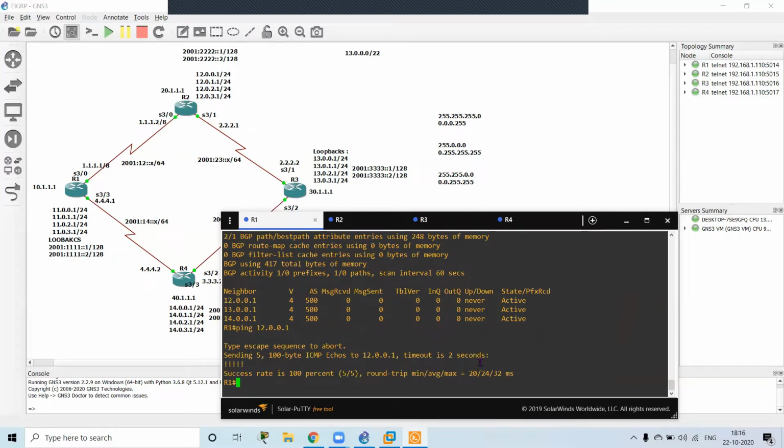Now I'm able to reach my neighbor, but I'm not able to form the neighborship in BGP with that neighbor. So the second step is, the other issue can be a problem with the source address. I explained the source address to you. Now here the source address it is taking is 1.1.1.1, and